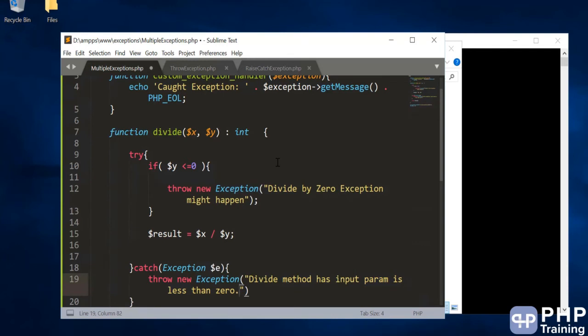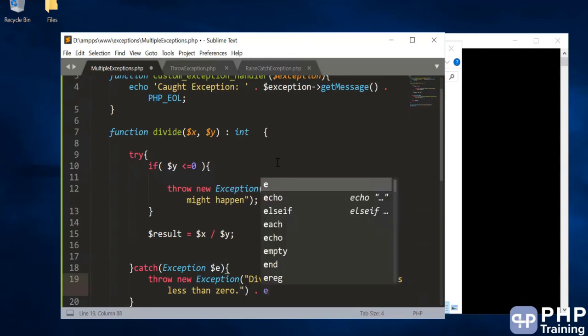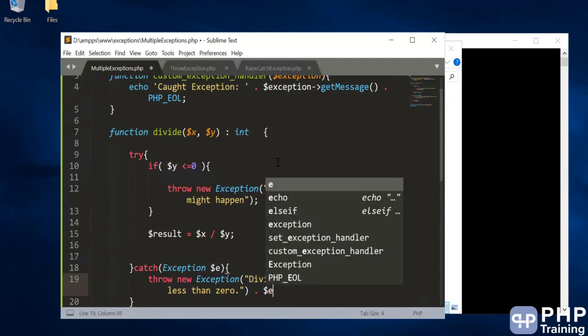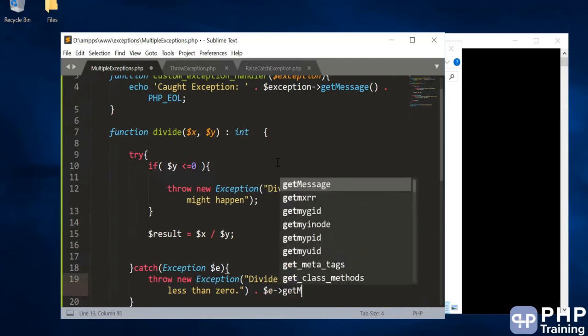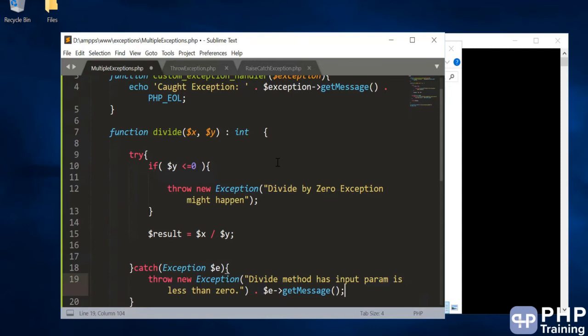So that's the issue that we have. So we will attach the get message. Whatever message we have passed to this program, we are passing it over. And we will close it as a whole string. The whole string will have a custom string plus the message.